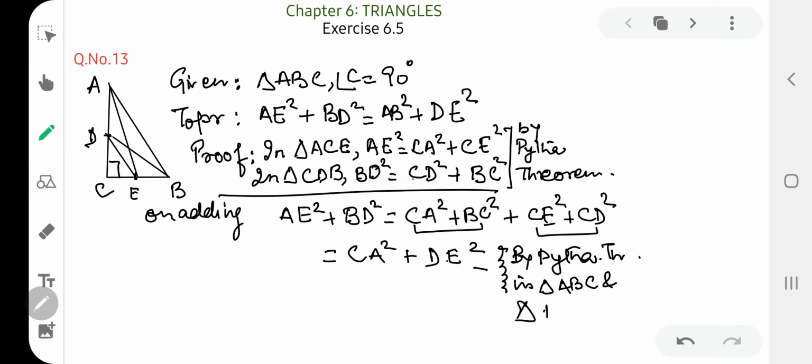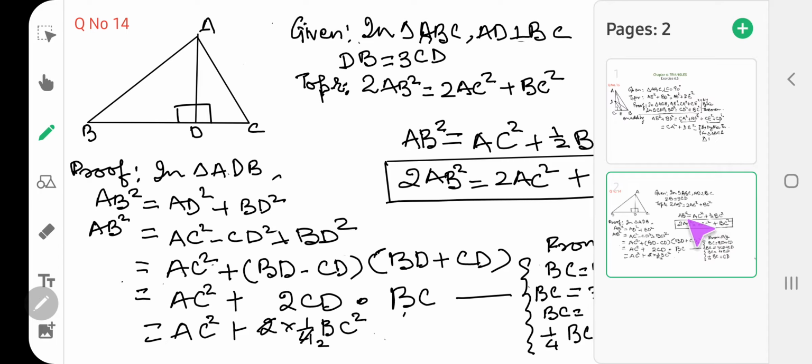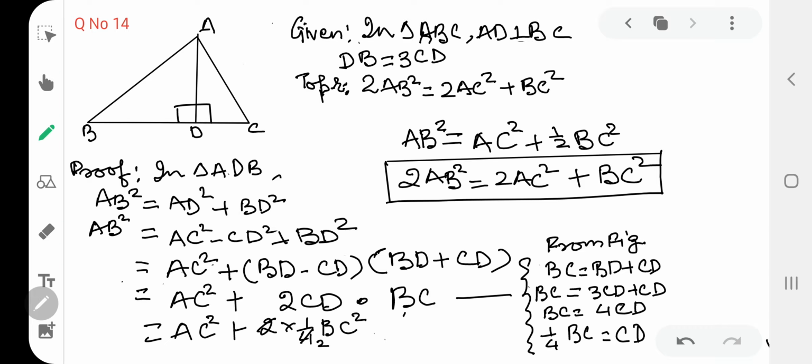And now let's move to the next question. Now this is question number 14, and in this question you are given a triangle ABC in which AD is perpendicular to BC in such a way that